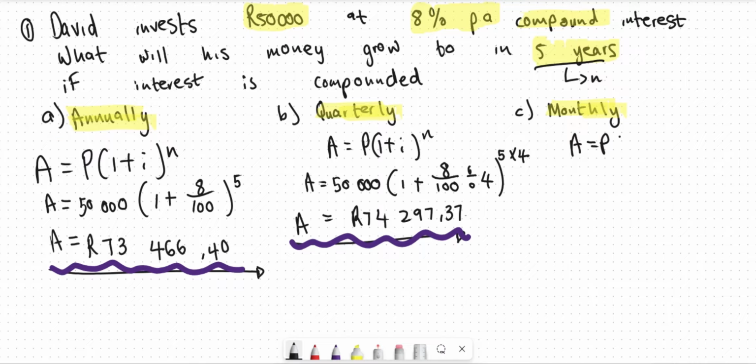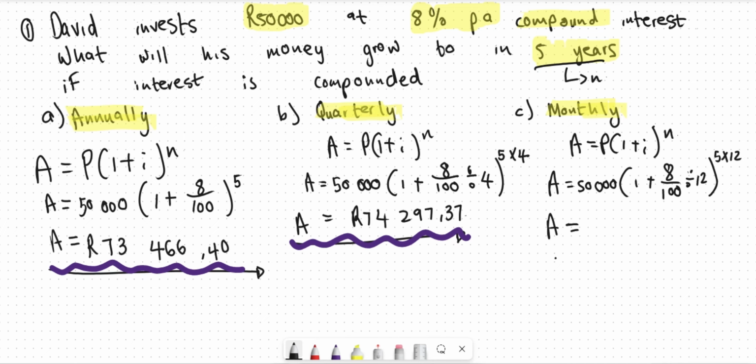Then this last one, since we are now told that it's compounded monthly, we're going to do the same calculation, 50,000, but the only difference is that now our 8% is going to be divided by 12. That's what monthly means. And then the 5 is going to be multiplied by 12. If you plug that into your calculator, exactly as you see it on the right-hand side, you should get that this is